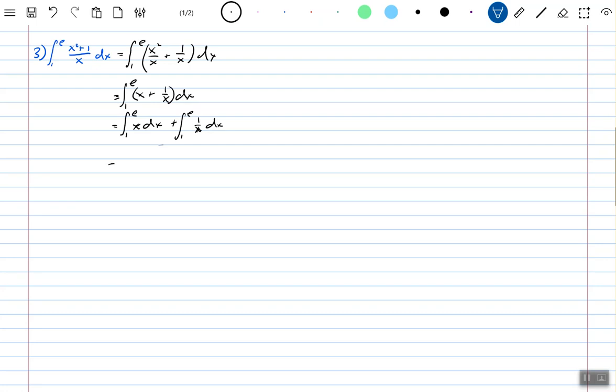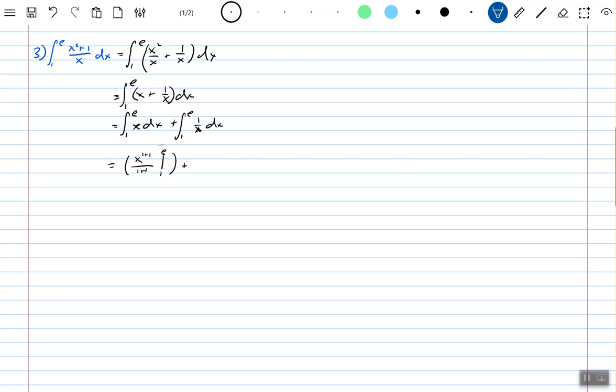Now, this is equal to the integral from 1 to e of x. Well, x is just x raised to the power 1. So we have to use the power rule of integration again. So we get x to the 1 plus 1 divided by 1 plus 1 evaluated from 1 to e, plus